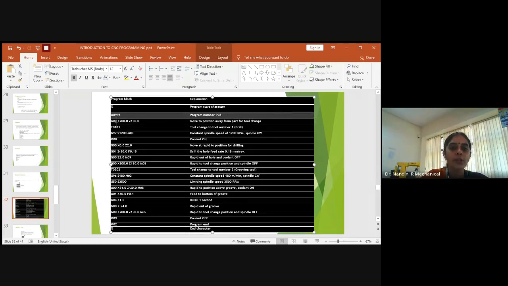Then always we go with G00, which is nothing but the rapid traverse, followed by the dimension of the X and the dimension of the Z axis. What it helps to do is move the position away from the part for the tool change, because you use one tool and do the operation.